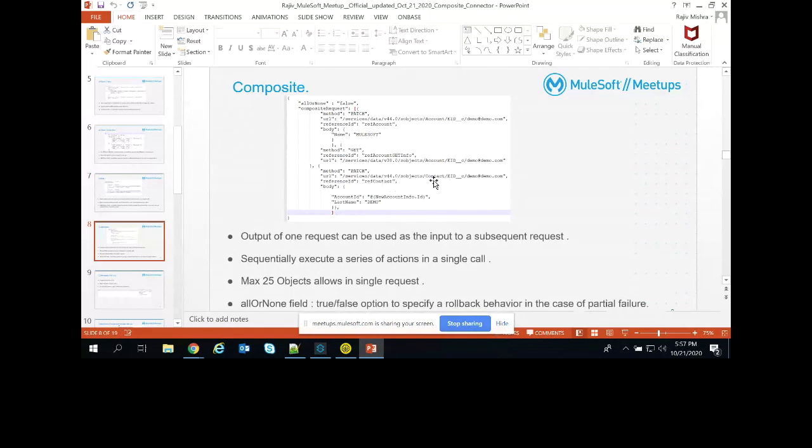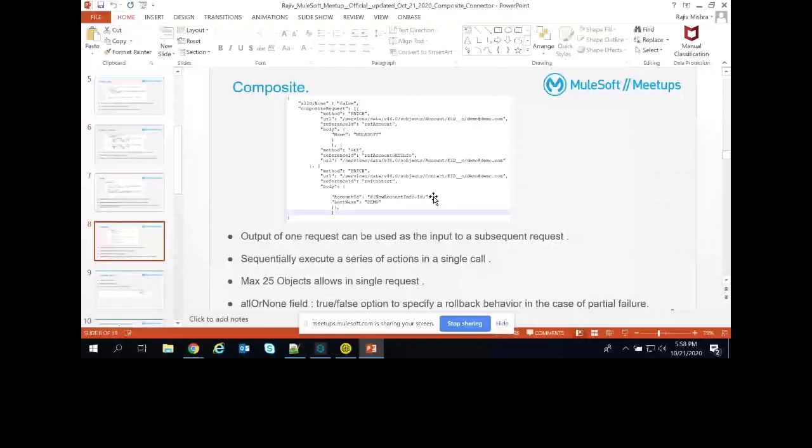Now the question arises, and I think all of you are thinking: what is the most appropriate way, and in which particular cases are we going to use each? Consider the relationship within the data. Suppose we are creating a hierarchy of related records; in that case we can use the sObject tree. That will simplify our flow processing significantly, in case we are creating a hierarchy of related records.